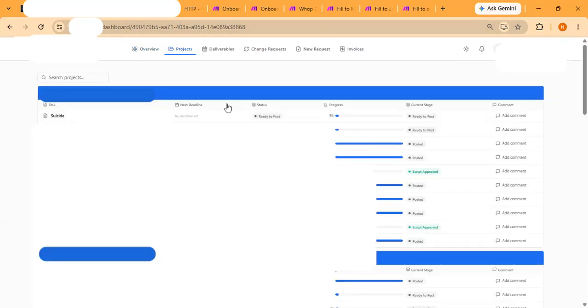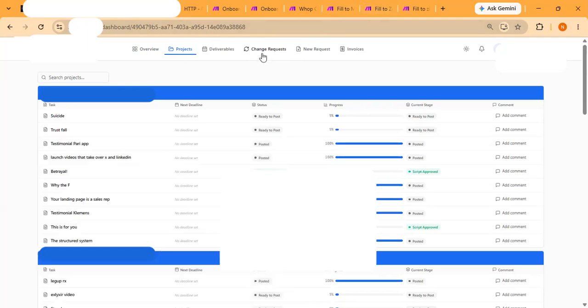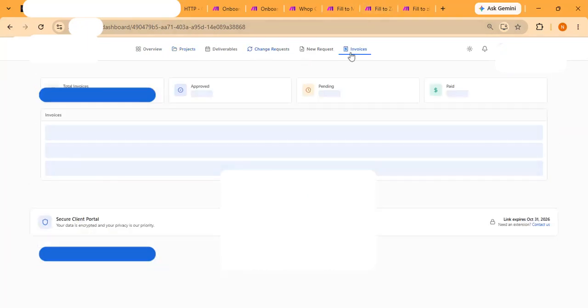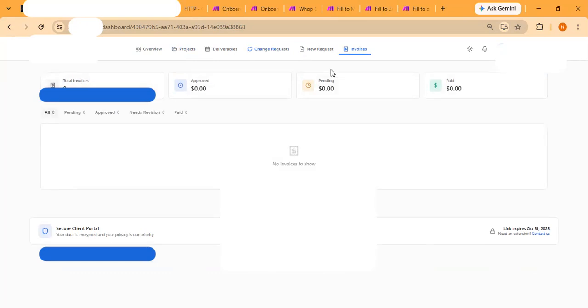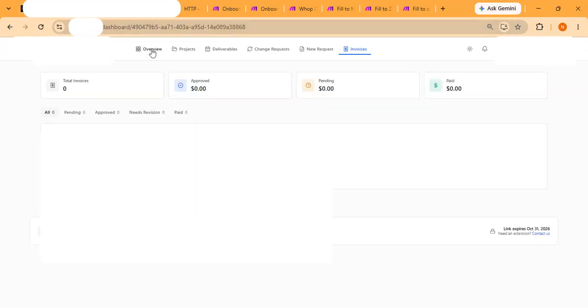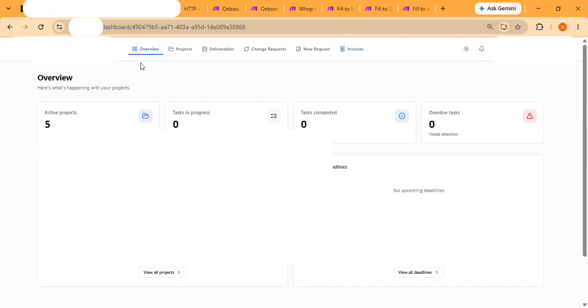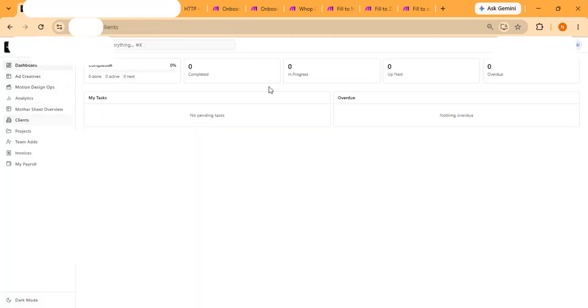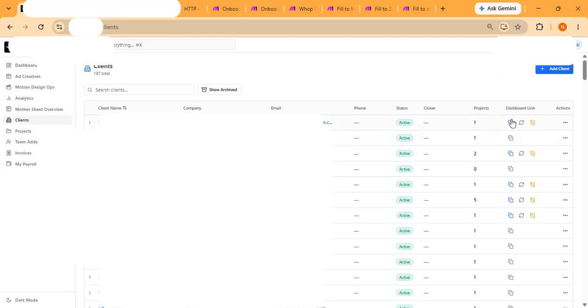The client could see their projects right here and request for a change, request for new projects, add their invoice. Once they add their invoice, an automation will pop up on the OS for the responsible team members to approve the invoice. The client portal is created automatically once a new client is onboarded. You just come in here, come to clients, and copy the client dashboard, send it to the Slack channel, and give their executive assistant or any other person they want to have